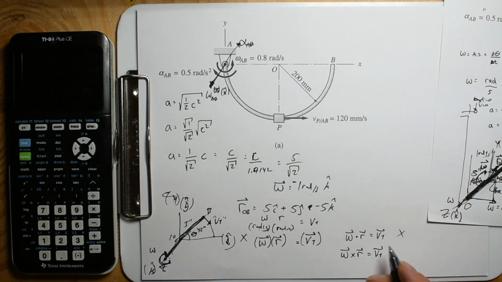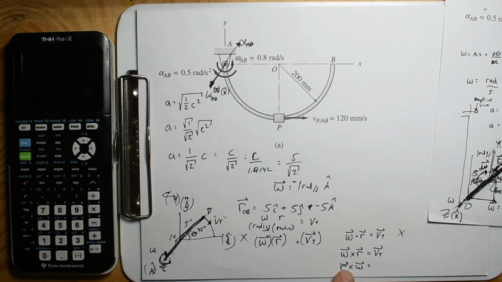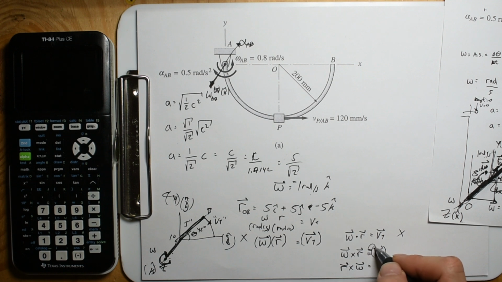That's fascinating to me, because r cross omega will get you the right answer. Omega cross r will give you the inverse. It'll give you a vector, but then you have to multiply it through by negative one if you do omega cross r. So when we do cross products,